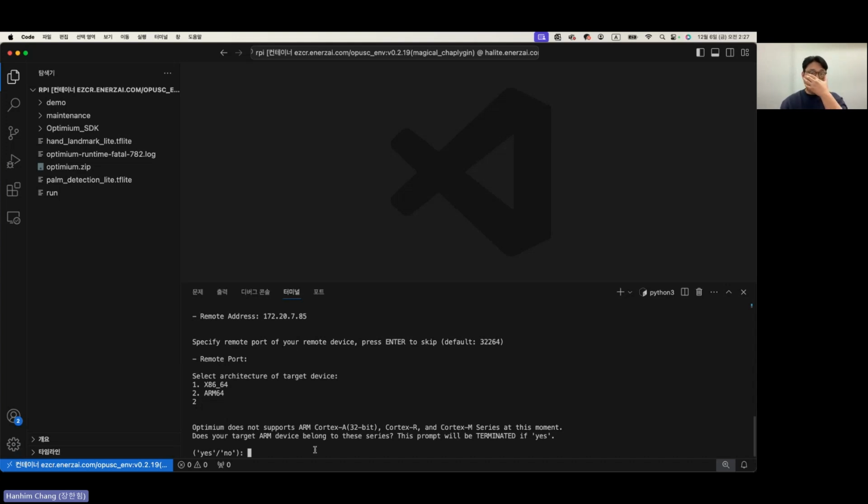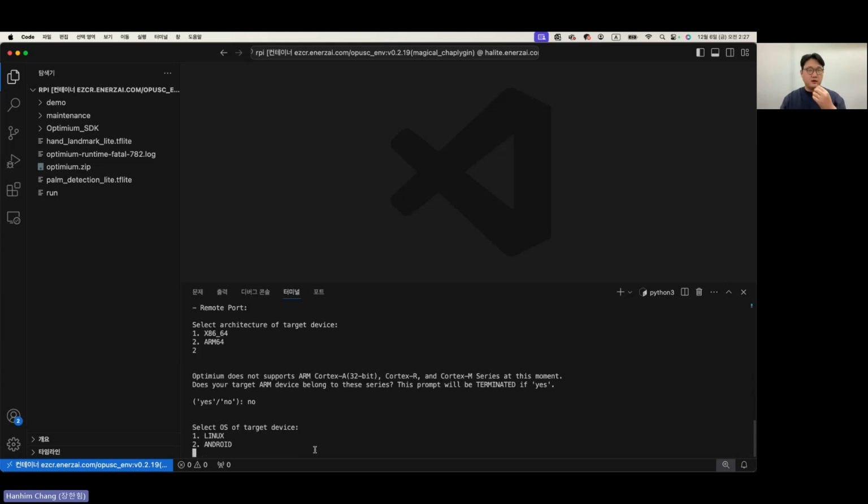The prompt now asks if your target chip is Cortex M or R. We include this prompt because we don't support R and M for now. We currently support Cortex A among the ARM64 architectures, so we'll select no for this. If you type in yes, the prompt will be terminated. Then we select the OS for the target device, which is Linux running on our Raspberry Pi 5, so it'll be 1.